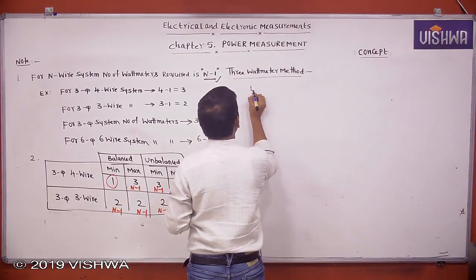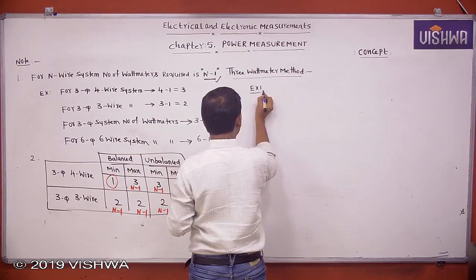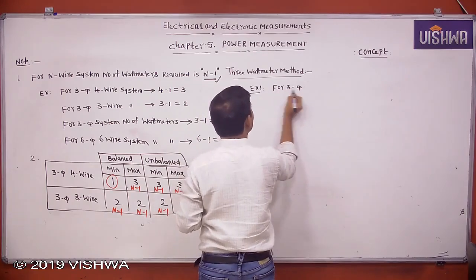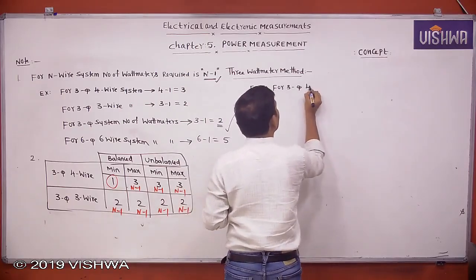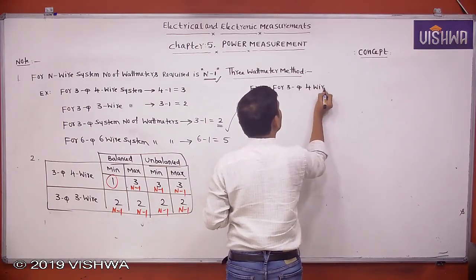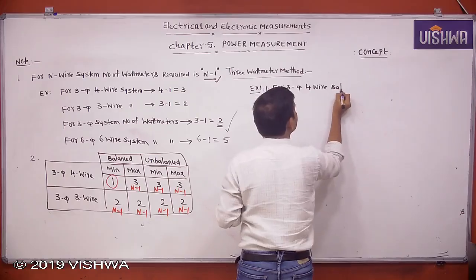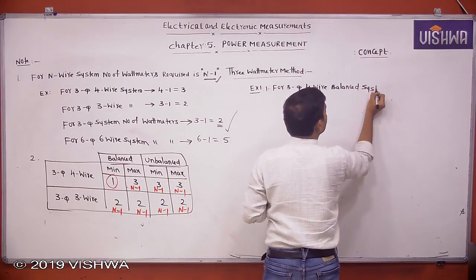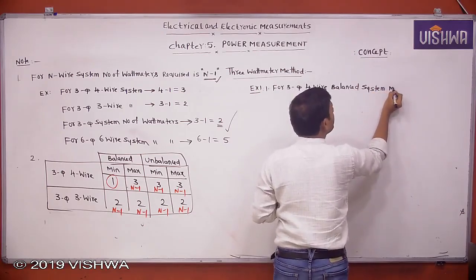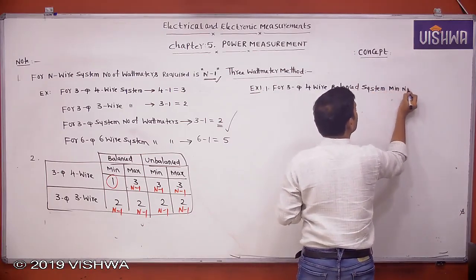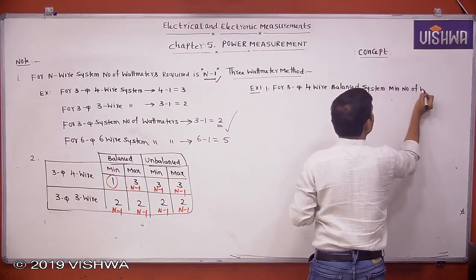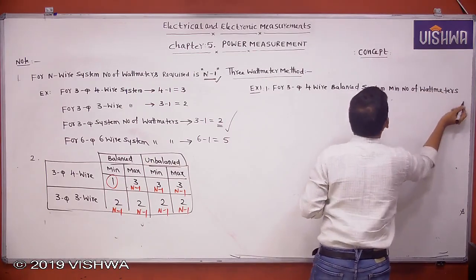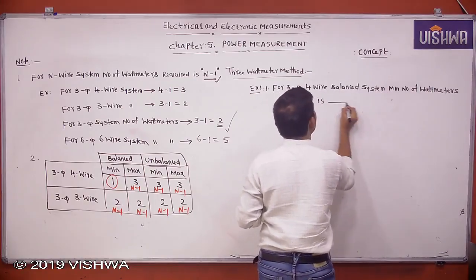For 3 phase, 4 wire, balanced system, minimum number of wattmeters is dash. If it is asked like this,